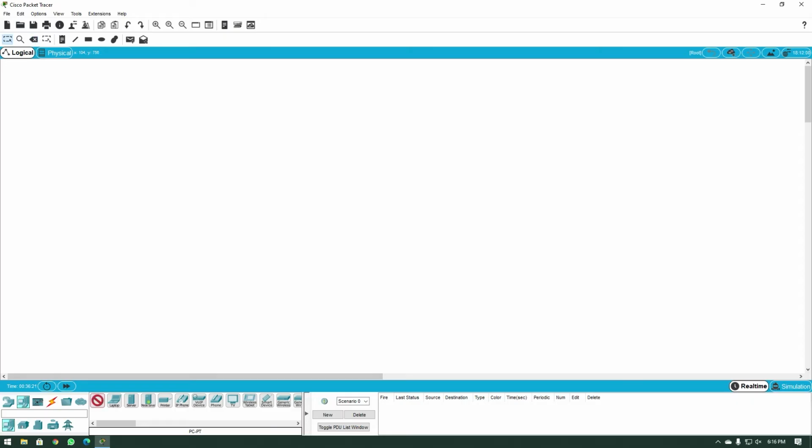I'm going to quickly add the computers 1, 2, and 3. I'm going to add 3 computers over here. All right. I'm going to add 2 servers, and they will act as the DHCP servers for the 2 networks. So we have a server over here. I'm going to click here. I'm going to add a server over here.